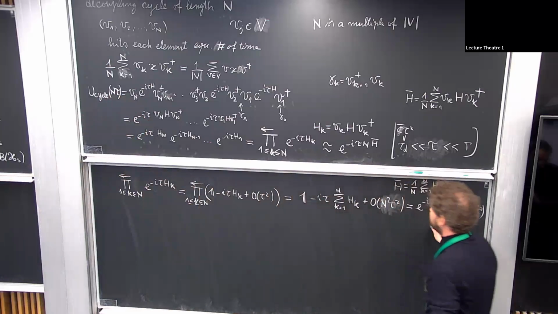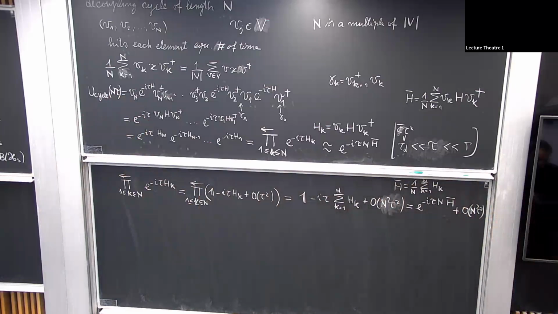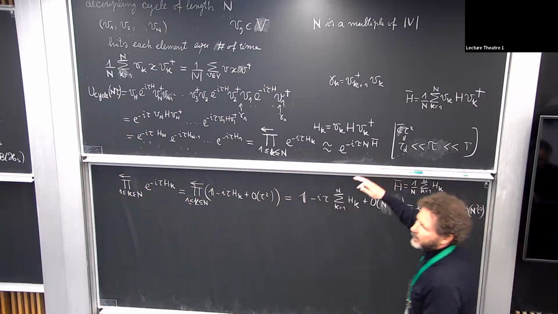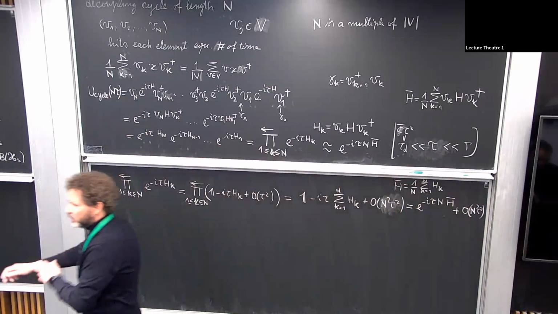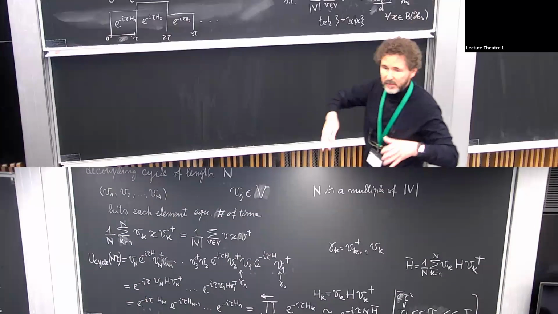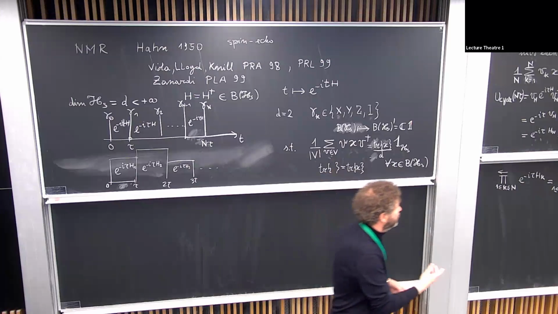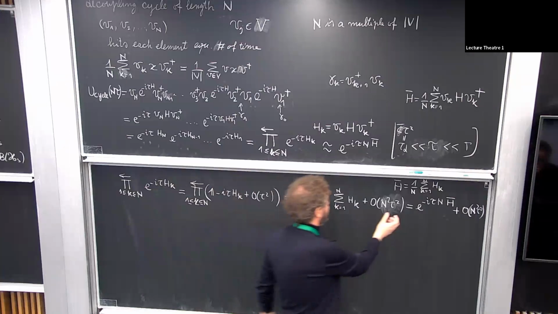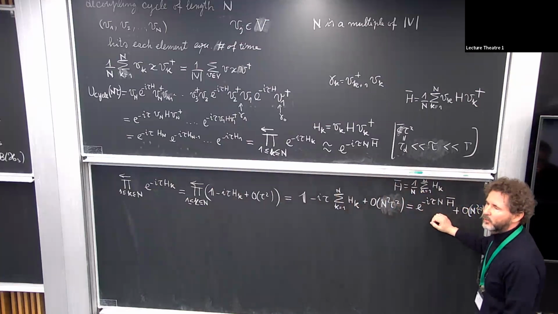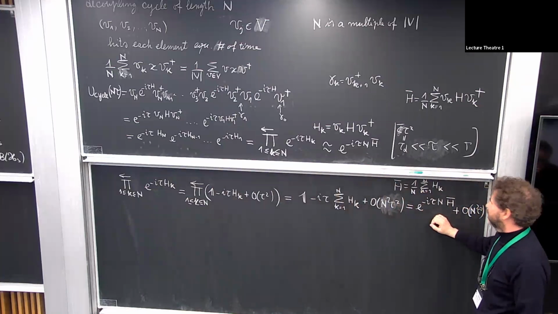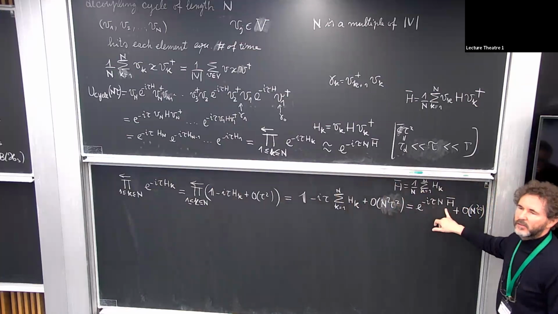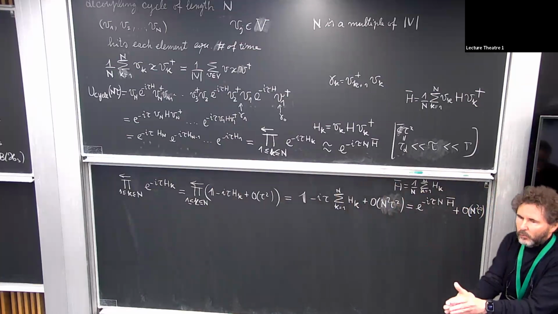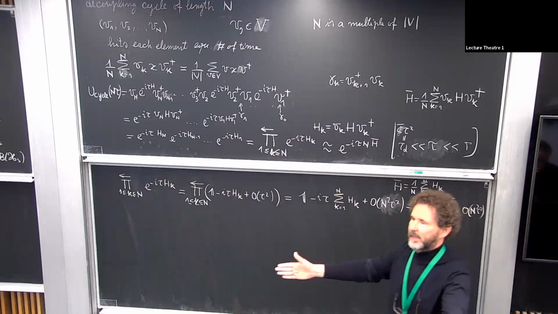So I get this, and this is exactly what I want to have. But now this is not the game. The game is just to repeat the cycle n times, because you see here I'm just looking at a very short time evolution of my system. This is exponential, but tau n is very small. I want to look at what happens to my system in a finite time.